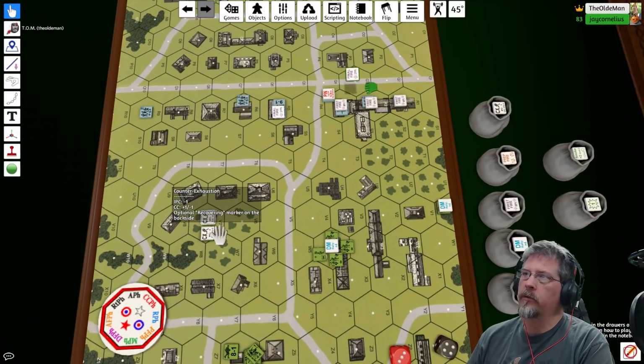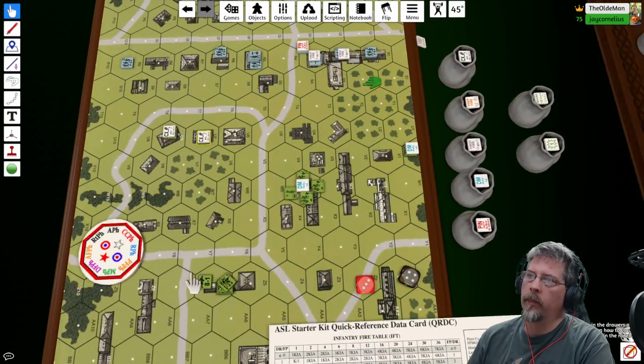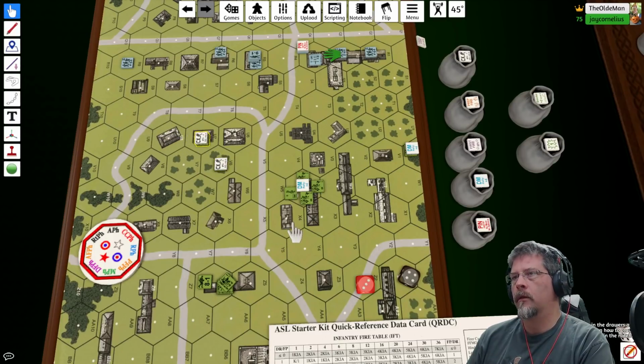All right, let's do some damage here. Yeah. Actually, he'll have to advance over here. I hate to advance. Yeah, we'll advance. We'll advance like this. That side. And